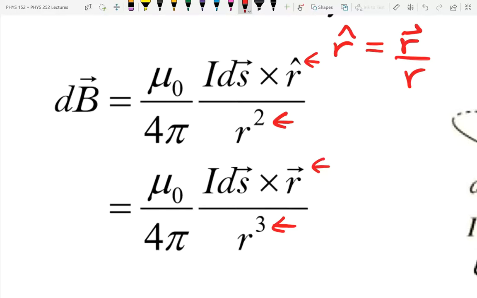So what do we have? We have the mu naught over 4 pi, some constants. They're not throwaways, but they're just constants, times the current times ds, which is the little piece of length of wire that current's going through. So this is specific now for a wire, crossed with r hat, where r hat, we always have to know